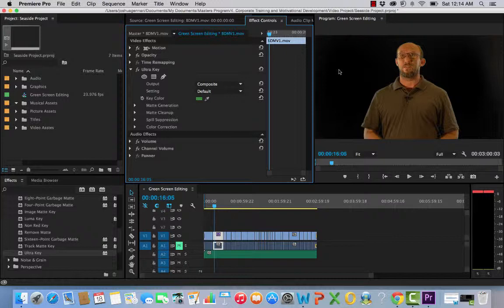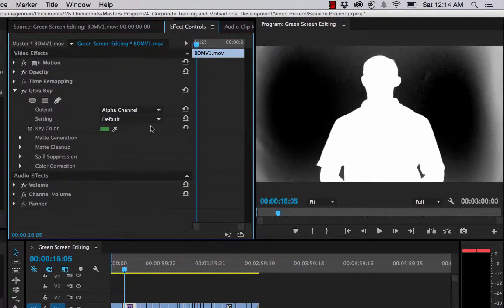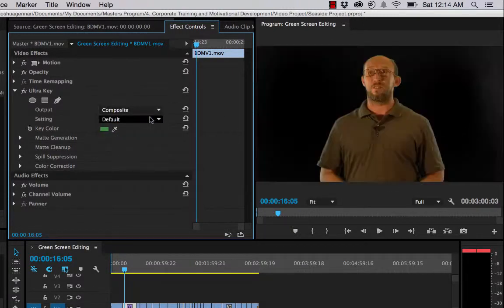Now, some of you may have an issue with shadow. In order to take care of the shadow, you're going to come over here and go to alpha channel, and you'll see around the edges here there's a little white. Now, you'll notice that when I go back to the normal composite, you don't see that. That's because Ultra Key is so powerful, it makes minor adjustments like that, and it actually is much easier for